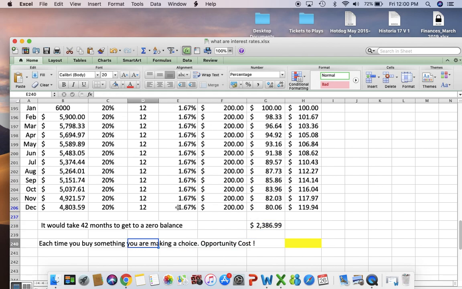What that means is, in the end, anytime you're going to make a choice on whether to buy something or not, you should consider what it would mean if you didn't buy it and instead you had invested the money. That term is called opportunity cost. You can look it up. It's a very important concept. What we're really referring to here is budgeting, knowing how to live within your means.